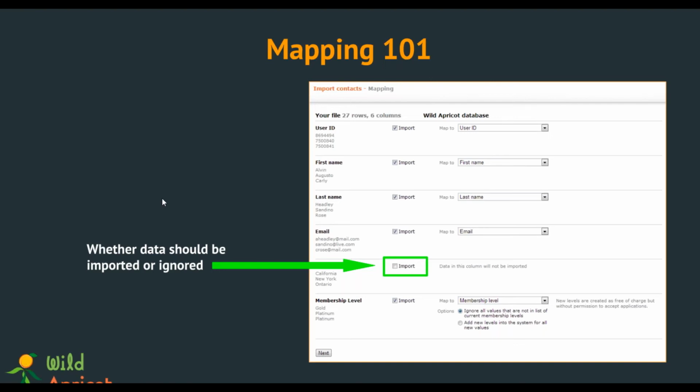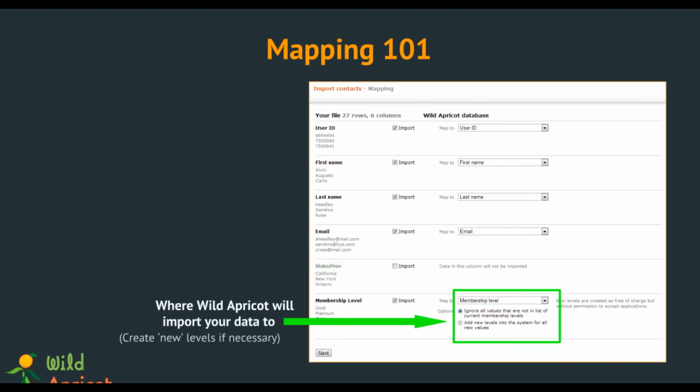Or maybe you just want to correct one particular thing on your Wild Apricot account, so you can unselect everything except email because you'll want to associate the same email address, and then you can bring in the new data into Wild Apricot. So that might be down the road something that you are looking at, and of course I'm going to review that on Friday as well during the extra tips and tricks, but otherwise, just so that you know it's possible, you can see that here.